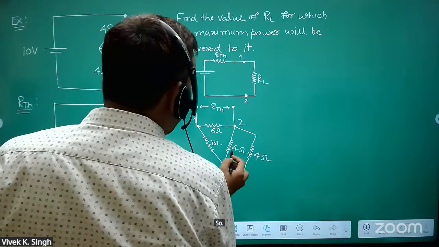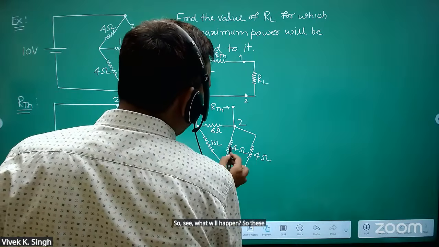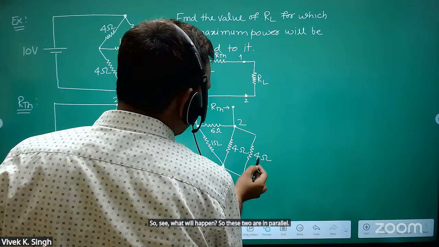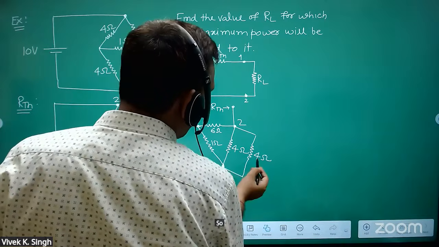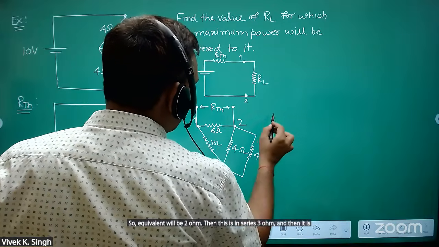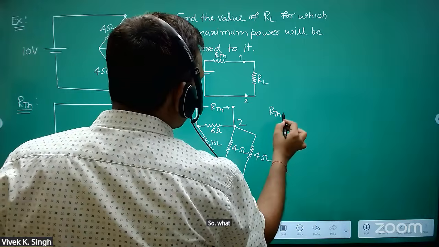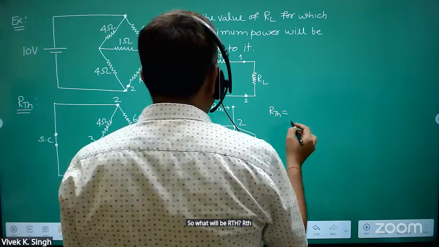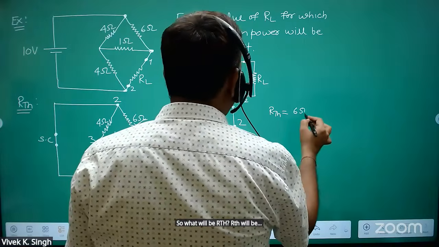So see what will happen. These two are in parallel, so the equivalent will be 2 ohm. Then this is in series with 3 ohm, and then it is in parallel. So what will be RTH? RTH will be 6 ohm